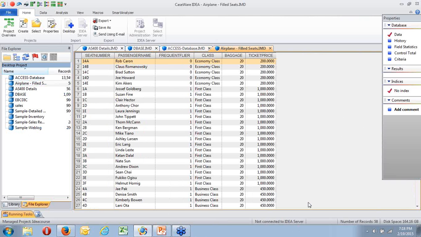Once again, because it's ODBC, it's picked up the data definition straight out of the ODBC data dictionary, depending on which ODBC type you're bringing in, whether it's an Oracle one, whether it's an Informix SQL, Ingres, whatever it happens to be.